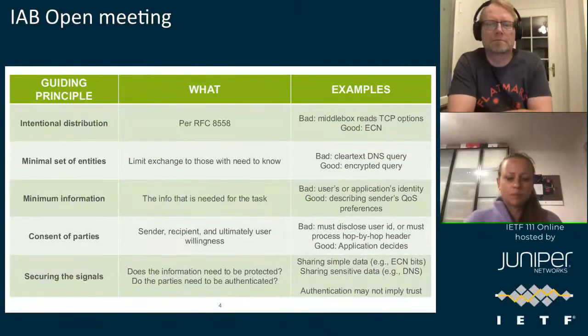I think the most controversial one is obviously the one that Brian and I talked about some time ago, which is the source quench issue. Obviously the internet had that at one point. It was far too dangerous to use and it got dropped. And what's the advisory version of that? The advisory version is a mechanism that lets one side of the flow tell the other side of the flow and the path, and this is the interesting bit, that the flow is being dropped at the other end, that it is not being delivered to the node that it was intended for.